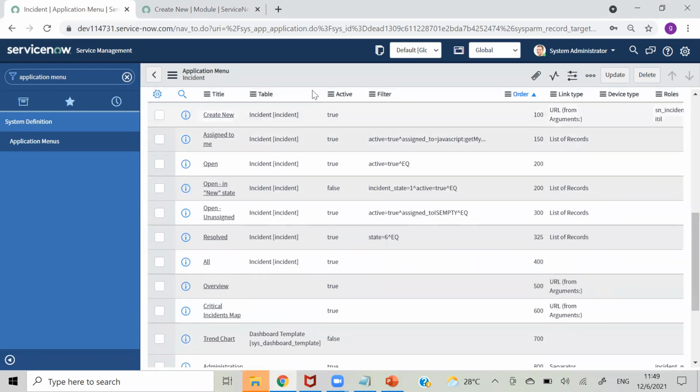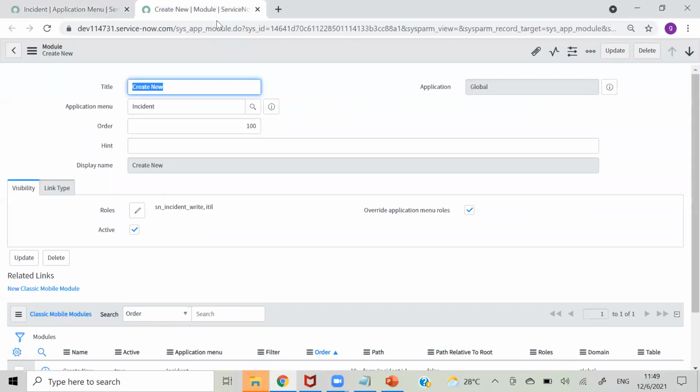But coming to modules, we will show only the assign to me module to our incident employee, and we will show all remaining modules to our incident manager. So we can even restrict that.